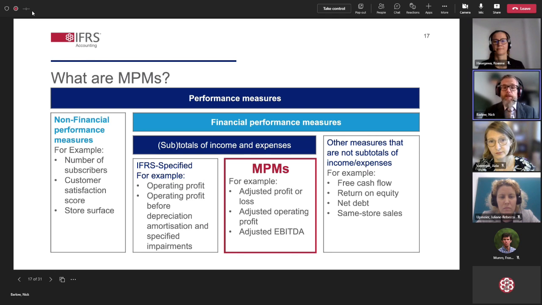And this is consistent with the focus of the project being the statement of profit or loss. Now, in the exposure draft, there was strong stakeholder support for the management performance measure proposals. And in fact, some wanted the scope of the proposals to be expanded to include a wider set of measures, with various suggestions on the types of measures, such as things based on the statement of financial position or the cash flow statement. The IASB considered expanding the scope of the management performance measures in its redeliberations, acknowledging that there